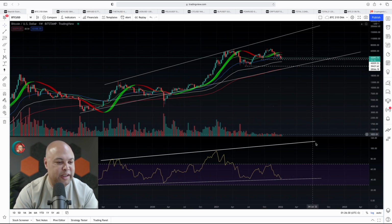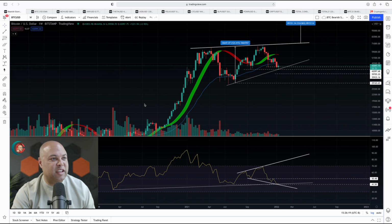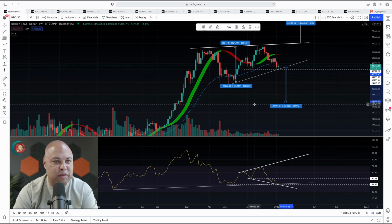This macro trend is still bullish. And in actuality, we could still be bullish in this macro trend, even if we came down and tested $28,000, which would be basically the import of breaking down bearish. If we chart the depth of this, that's about 54%. And if we break bearish here, let's say we break bearish here, I know it's very arbitrary, but I'm just guessing in terms of the timing. The timing we can't get right, but